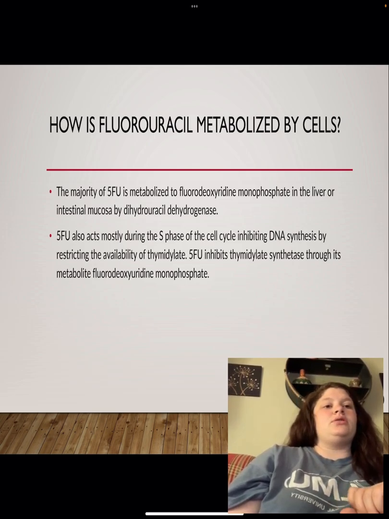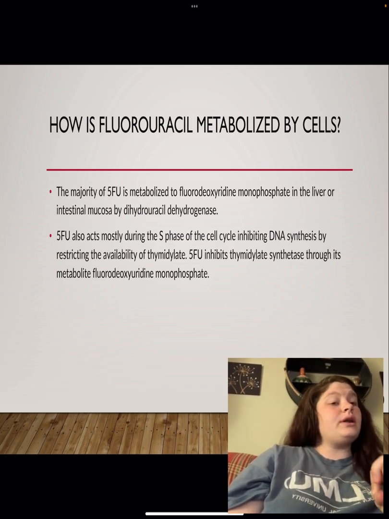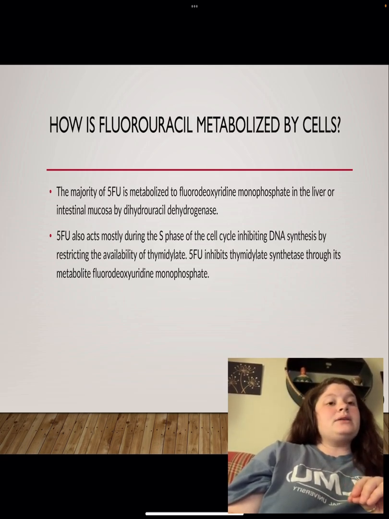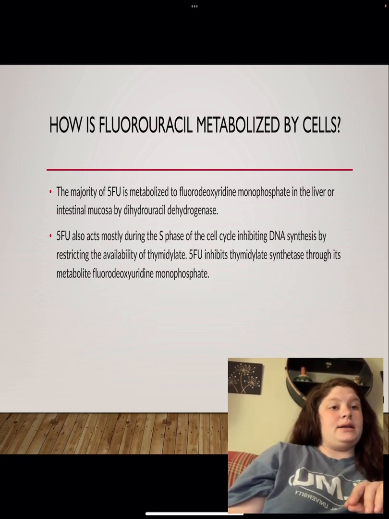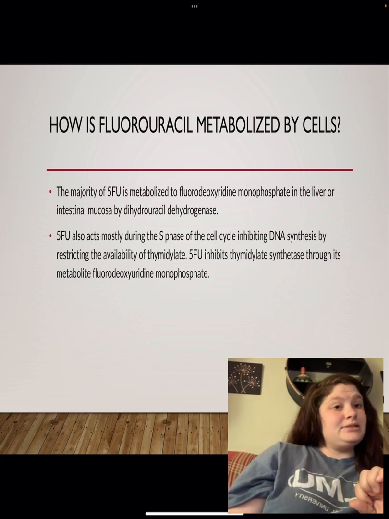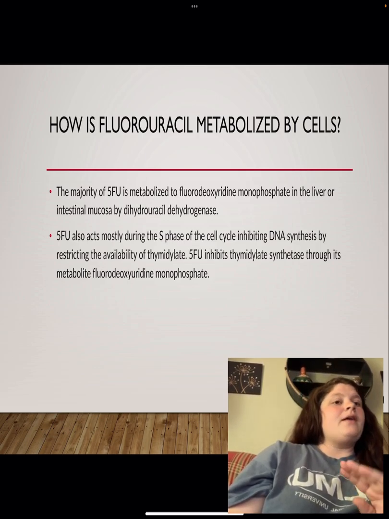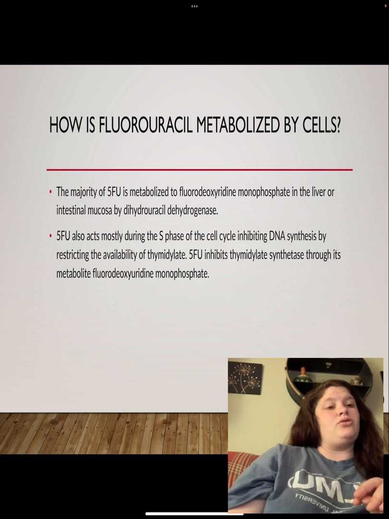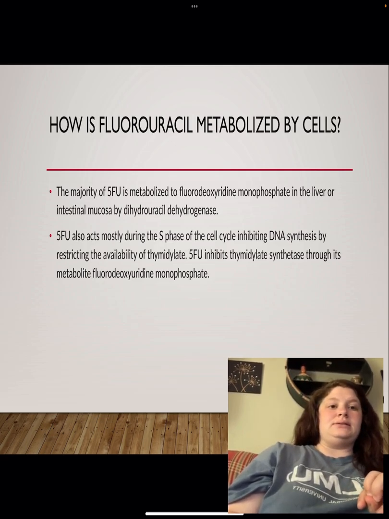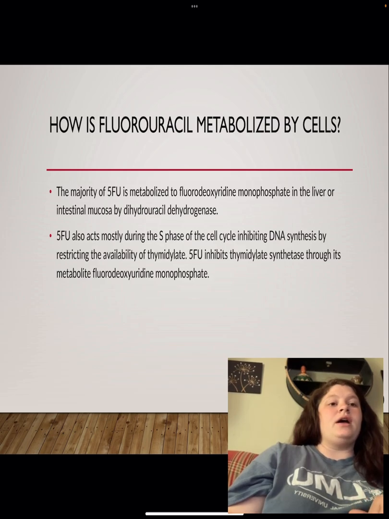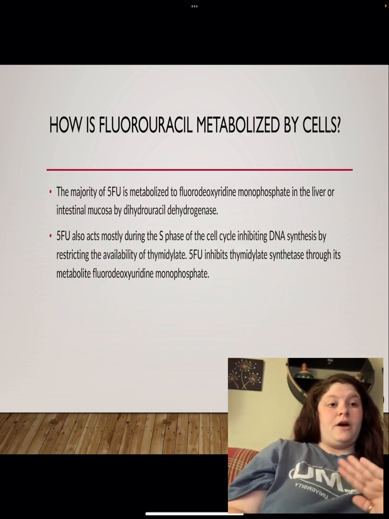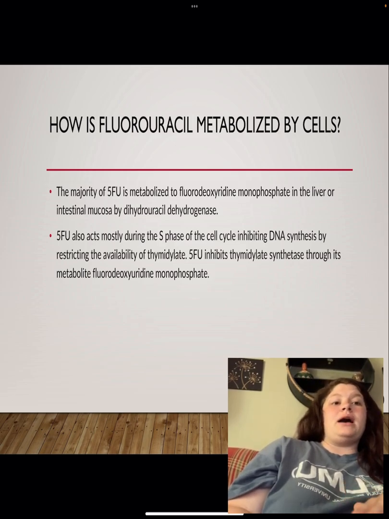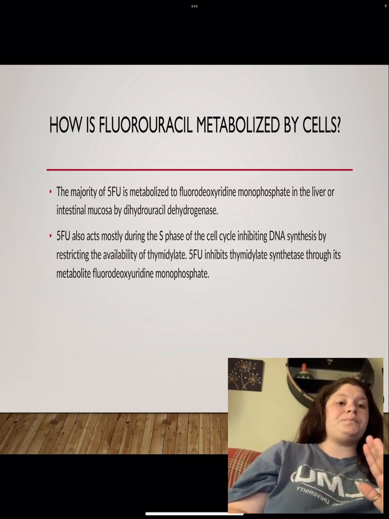How is fluorouracil metabolized by cells? The majority of 5-FU is metabolized to fluorodeoxyribonucleic monophosphate in the liver or intestinal mucosa by dihydrouracil dehydrogenase. 5-FU also is mostly active during the S phase of the cell cycle, inhibiting DNA synthesis by restricting the availability of thymidylate. So 5-FU inhibits thymidylate synthetase through its metabolite